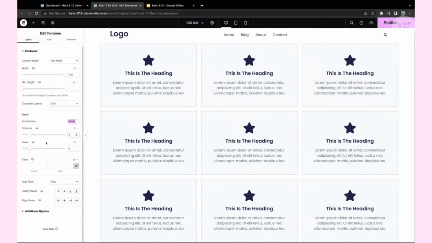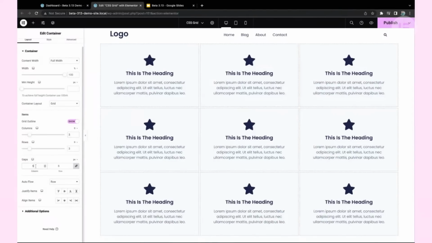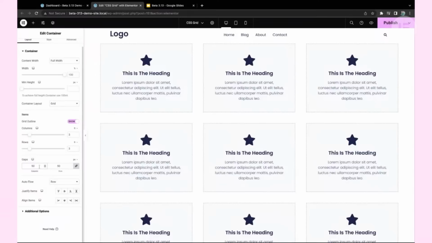We can also amend the rows as well. And then we have this gap option here. By default, we have a 20 pixel gap between the columns and the rows. We could change this for both of them like so to be 50 pixels. We do have additional units here as well that we can choose from. And we can unlink these as well and specify